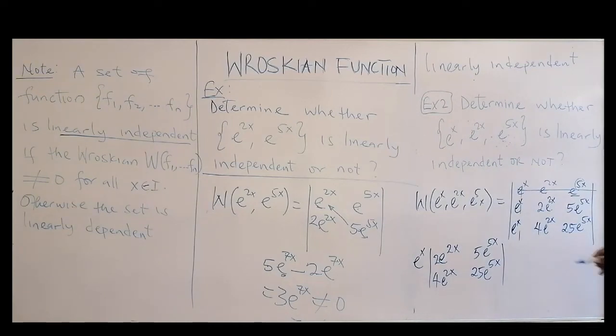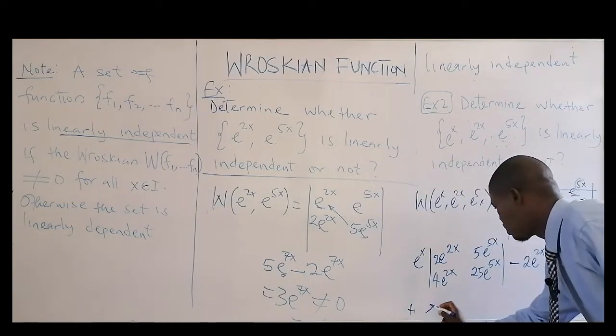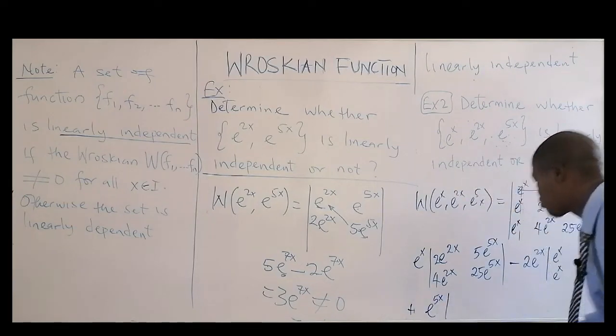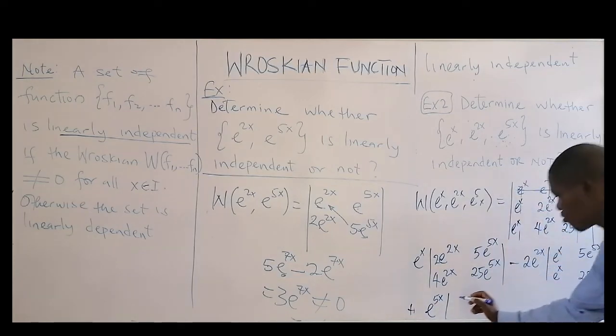Okay, then the second one, the middle one, minus e^2x, then close that place, then we have what? e^x, 5e^5x, 25e^5x. Okay, then the last one, plus e^5x, close this place also, then you have e^x